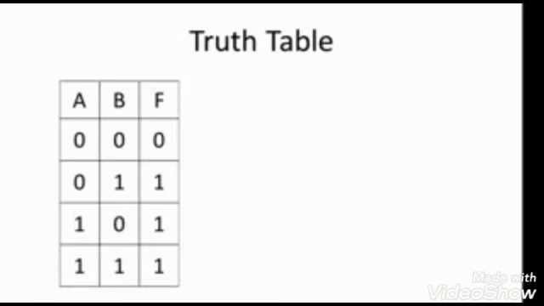This is one example of a truth table for 2 variables, the recognition of an OR gate. K-map consists of input and output values. Here is the truth table. The output is represented by F. Therefore, the input values are 0, 0, where the output value is 0. For 0, 1, output value is 1. For 1, 0, the output value is 1. And 1, 1, the output value is 1.